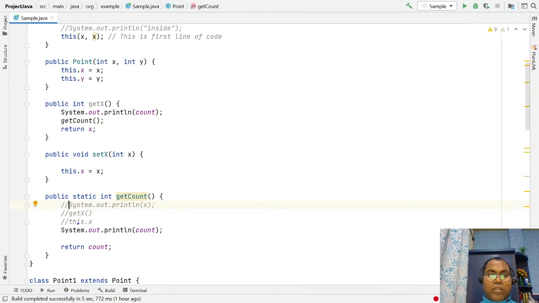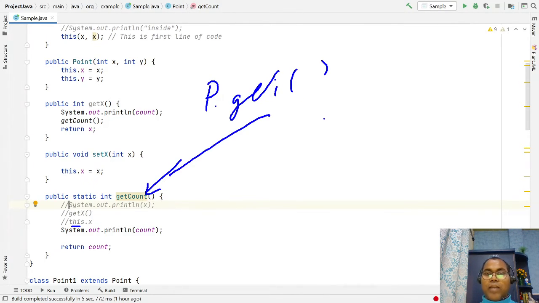This refers to your object. It might be the case that this is a class method, and a class method can be accessed through Point.getCount. When you invoke this method, no object is created at that time. Due to that we are not able to access the instance variable, not able to invoke the instance method, and not able to use this, because this refers to the current object.